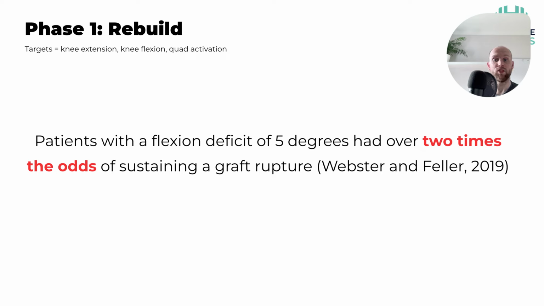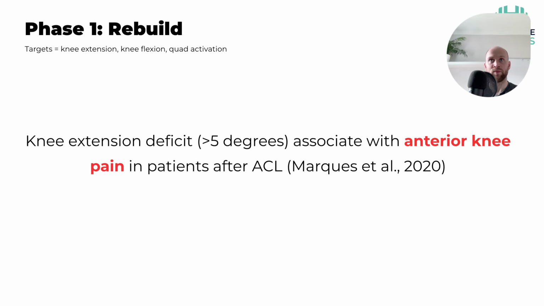In other words, the risk of a secondary injury after surgery, a rupture, is double when you've got a deficit of 5 degrees. And that's why it's important, again, to have these criteria, because if you didn't know that, you didn't have a number to aim for, and you were just blindly trying to achieve a bit more knee flexion, and you didn't have a clear idea of phase 1, 125 plus degrees of knee flexion, and you then just moved on to the next phase and tried to get back to sport and running as quick as you can, you'd skip this important step, and the risk of injury here is obviously significant.